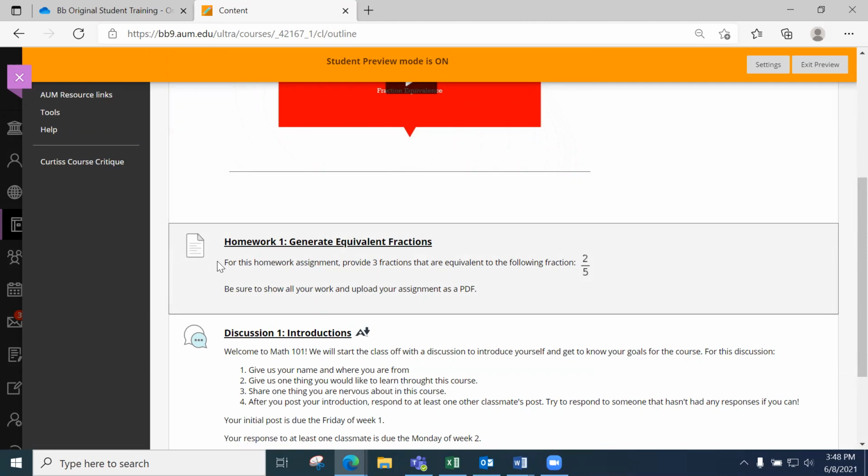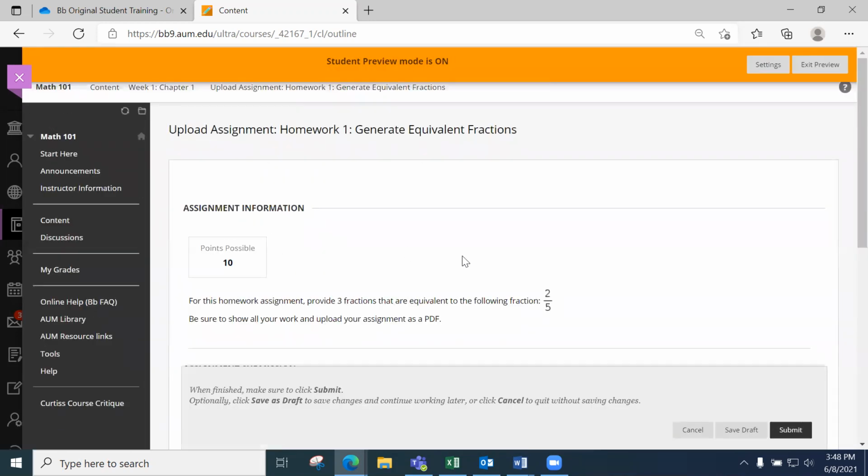The instructor has given us a brief description about what the assignment is about. So it says, for this homework assignment, provide 3 fractions that are equivalent to the following fraction, 2/5. Then further, they give additional instructions that say, be sure to show all of your work and upload your assignment as a PDF. In order to access this assignment, you just click on the title